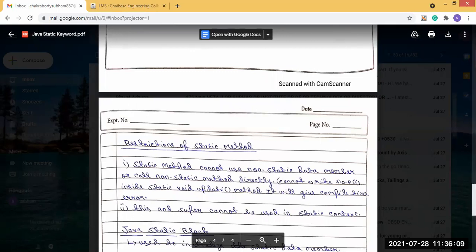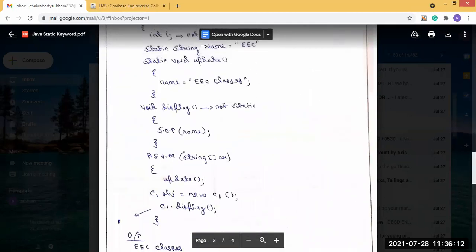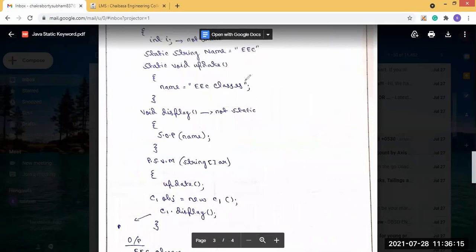Let's say inside it I am writing SOP shortly here. I didn't write it fully, but you should always write the full System.out.println. Inside this, let's say I have used i as a variable.